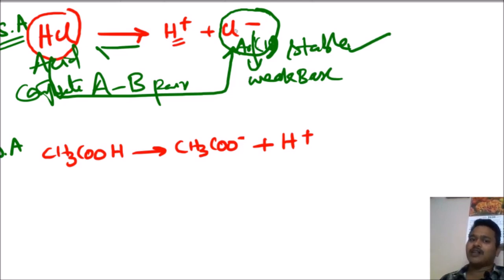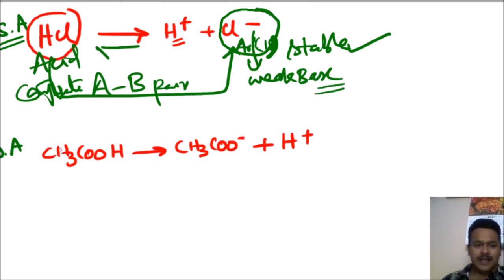Cl minus can't say no to stability. Cl minus requires stability; only in the Cl minus state is it stable. If you want the reverse reaction, it will go but very slowly. That means Cl minus can accept this H plus very slowly. The substance which can accept a proton is called a base. It is accepting that proton very slowly, so it is a weak base.